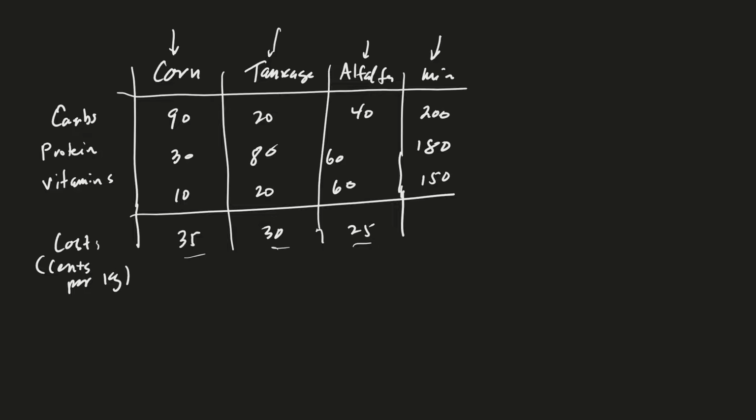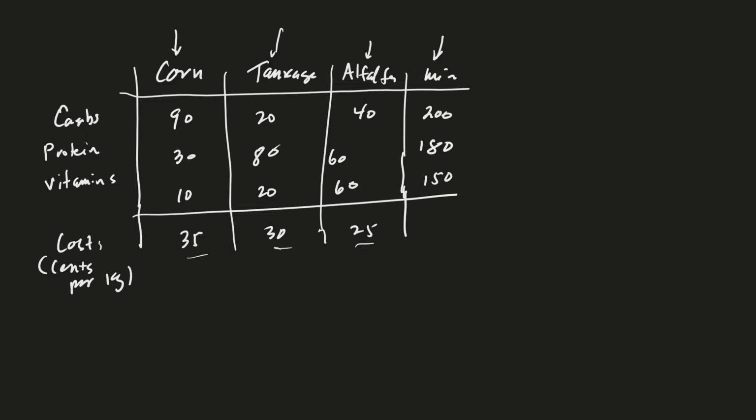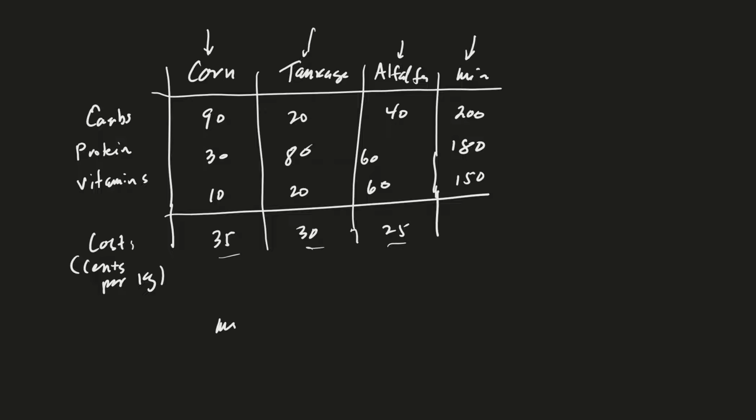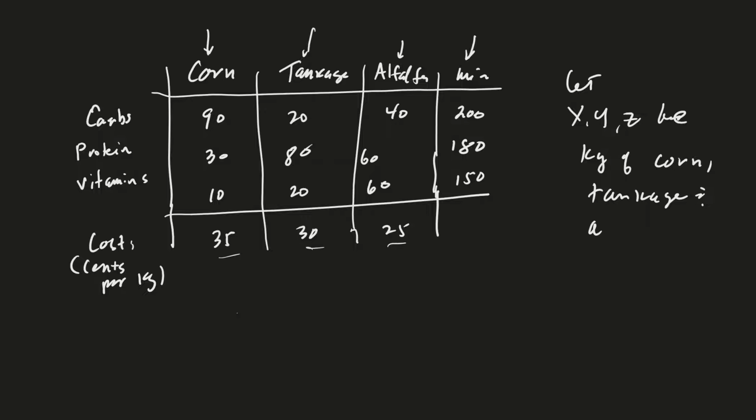Okay, so we'll continue with the linear program now. We want to minimize the cost. Before I do that, we should define our variables. Let X, Y, and Z be the kilograms of corn, tankage, and alfalfa, respectively. Okay, so then the LP,